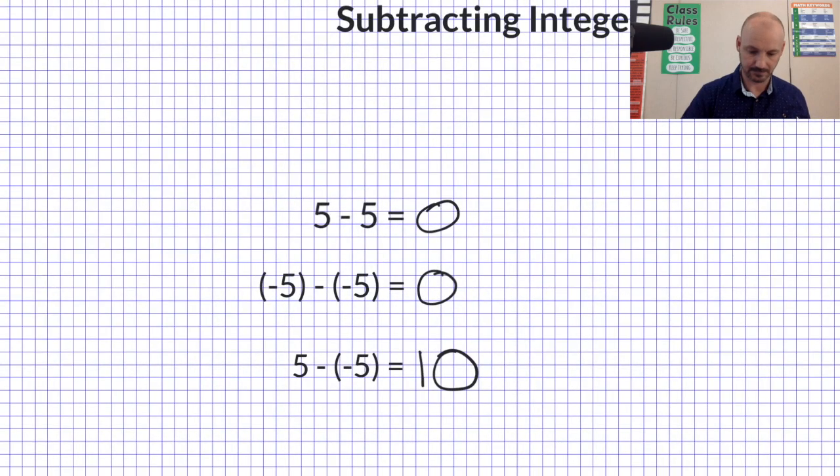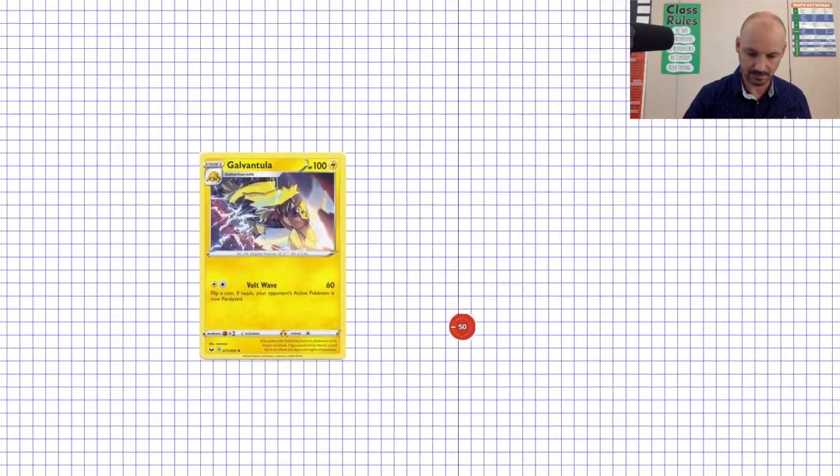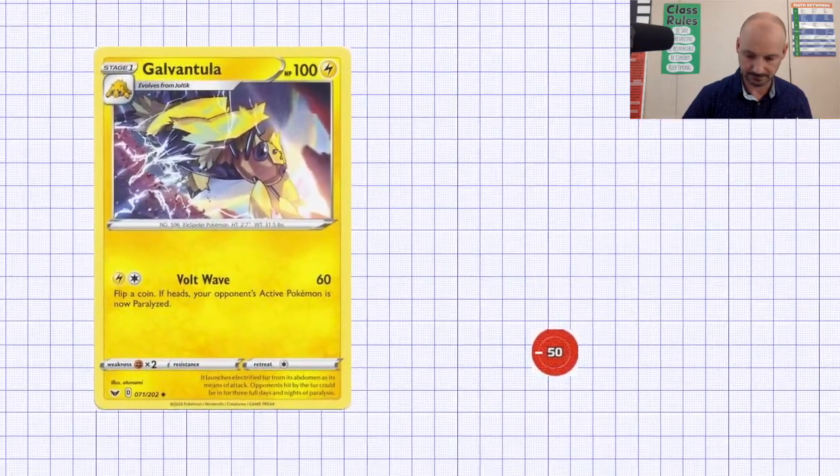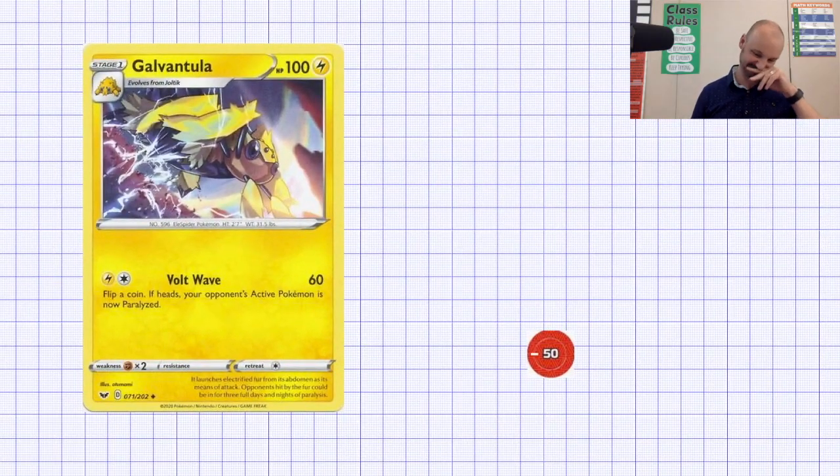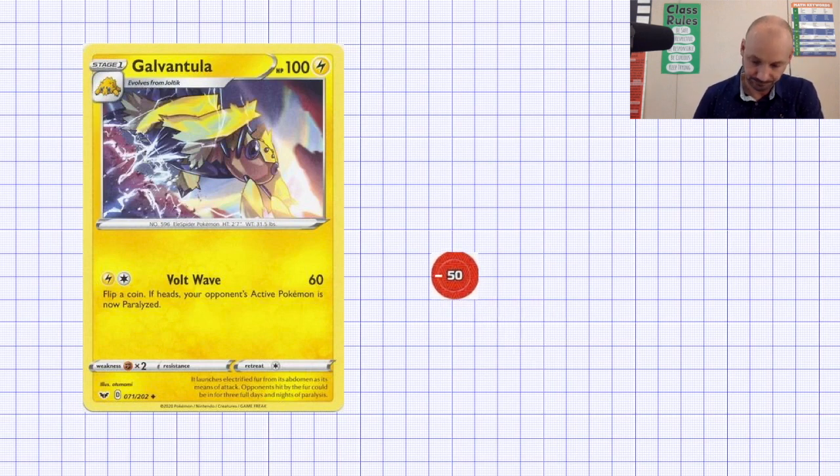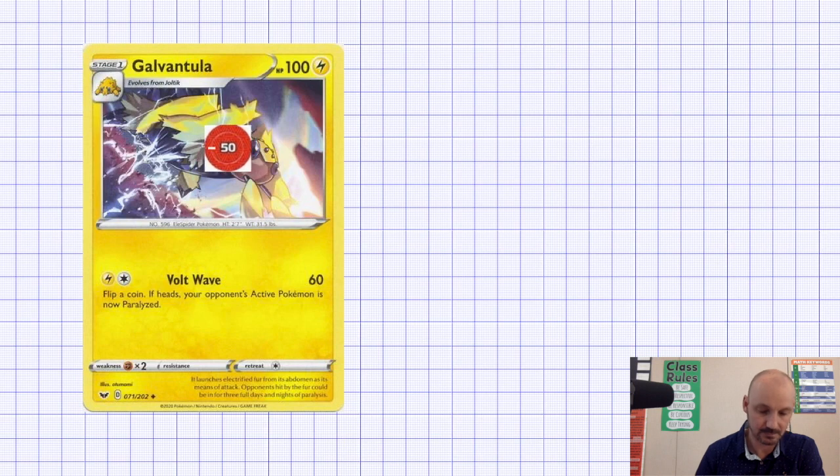Let's go back to our Pokemon option. And we had negative counters. You remember that? So let me just show you this way. If I added a negative counter to this Pokemon, Galvantula, there's going to be something that's happening, right? So if I add this negative 50, he loses 100, or he loses 50 HP and he ends up at